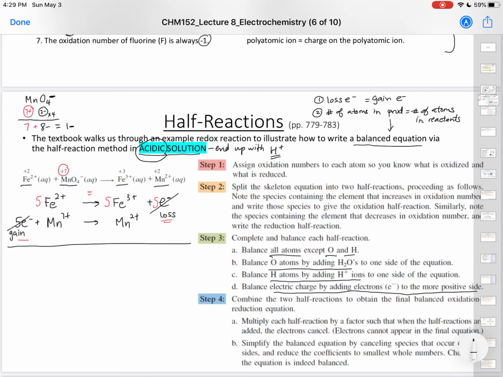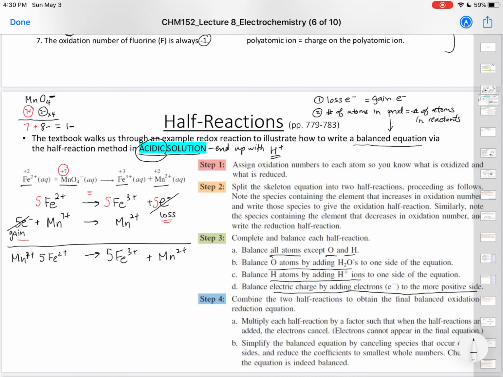Okay. So then step number 4 says to combine the 2 half reactions to obtain the final balanced oxidation reduction equation. So we're going to do that. Okay. We're going to combine these 2. So therefore, we're going to say 5 iron 2 pluses. And oftentimes I like to bring down the arrow first. And you have 1 manganese 7 plus, okay, is equal to 5 iron 3 plus and 1 manganese 2 plus,